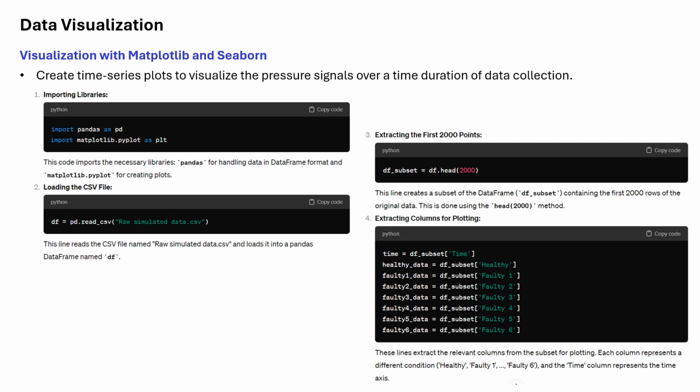Moving ahead, I want to extract data from various columns. time equals df_subset['time'] extracts all data points from column 1 that is titled as time. Further, healthy_data equals df_subset['healthy'] extracts data points from column 2 that is titled as healthy. Accordingly, these lines extract specific columns, time, healthy, and faulty 1 to faulty 6, from the df_subset data frame